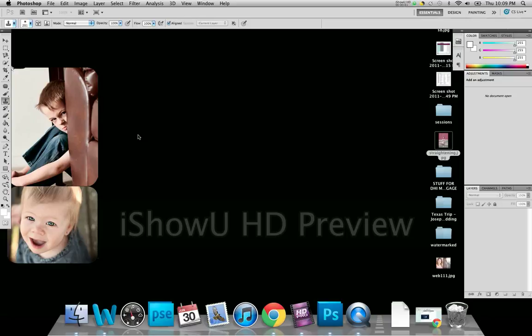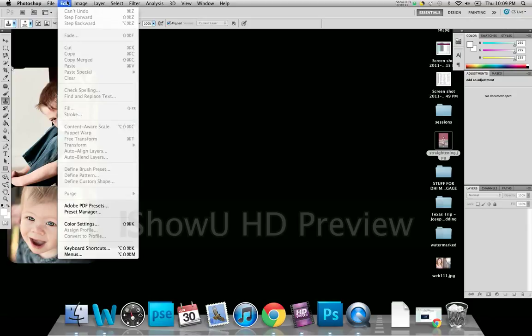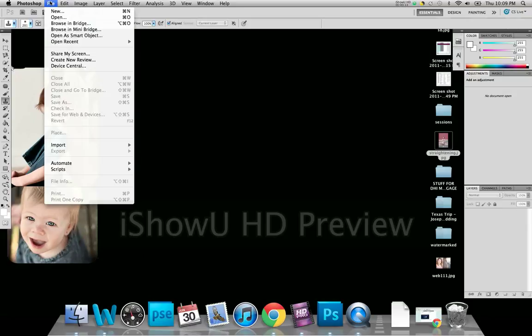Alright guys, we're just going to go over a little bit of the basics here. We're going to go through the menu a little bit just so you can kind of know what you're looking at. I already went over the tools panel and a lot of the panels on the right hand side, but let's go through each of these drop downs up here. File, just like any other